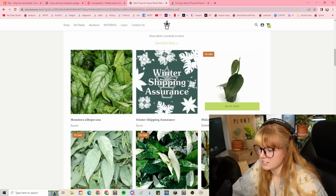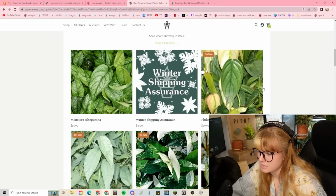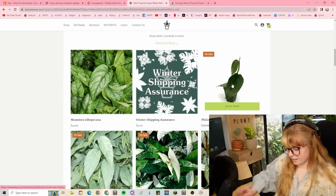Yeah, and then they started selling this plant. So this plant right here is $24.99. In the midst of the houseplant craze, they were charging something like $150 for exactly the same product they've been selling for years. How much were other places charging for that at the time? Well, that's the thing is,